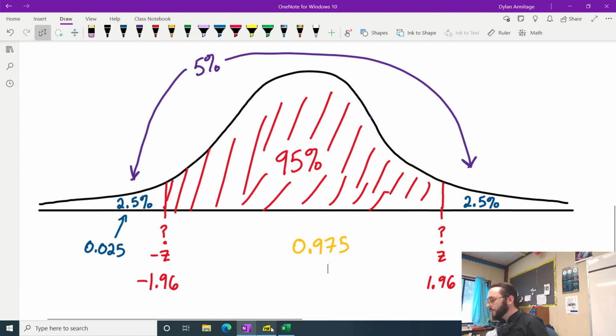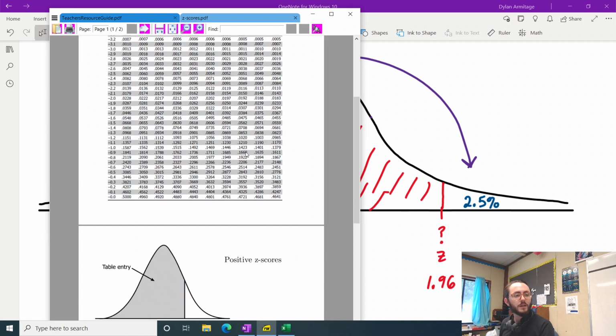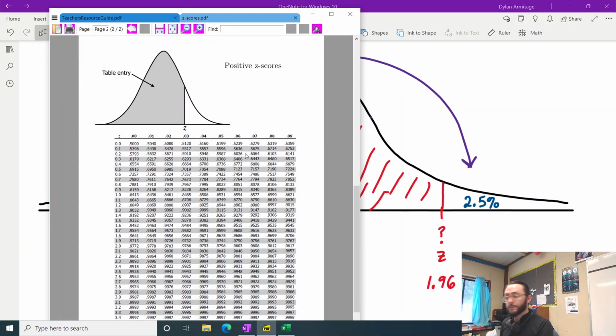So now we do the same thing with our z-score table, only now we're going to look in the positives. So let's find, in the middle part here,